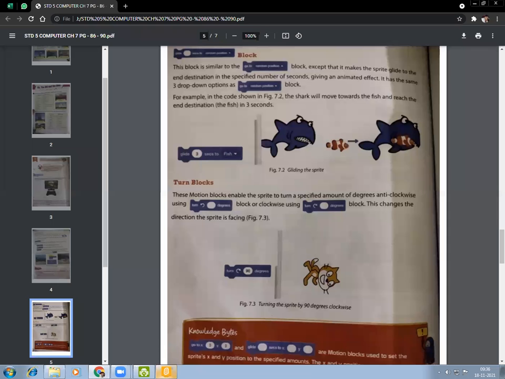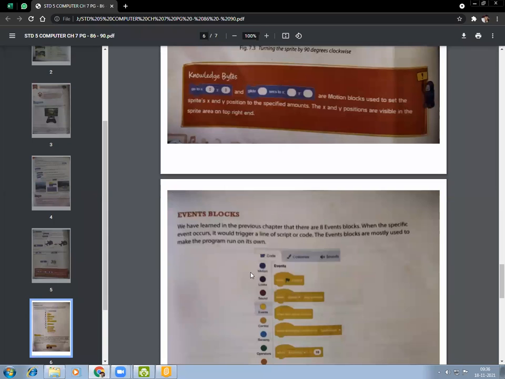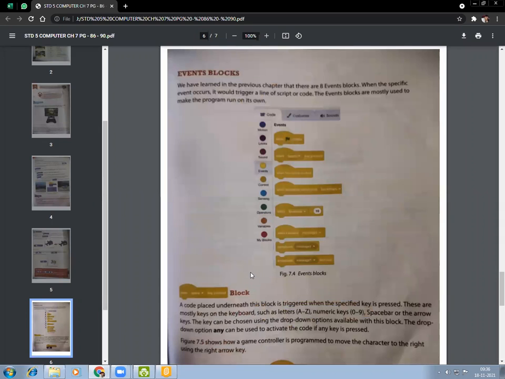Now, event blocks. We have learned in the previous chapter that there are 8 event blocks. When a specific event occurs, it will trigger a line of script or code. The event blocks are mostly used to make the program run on its own.